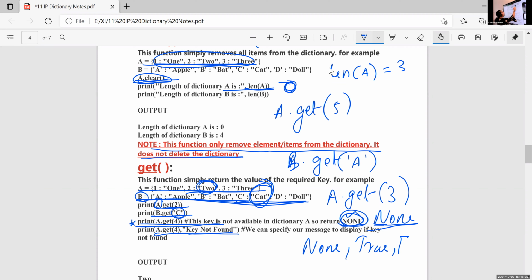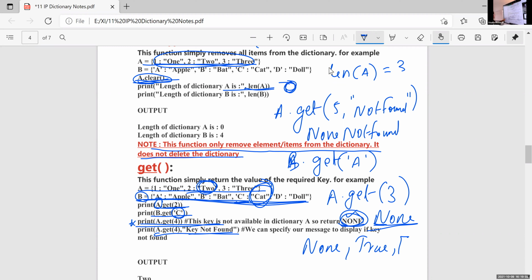Okay, then if I want to give a message instead of that none, then I will write like this: not found. Then the result is first none will appear, after that not found. Okay, none not found is the result.